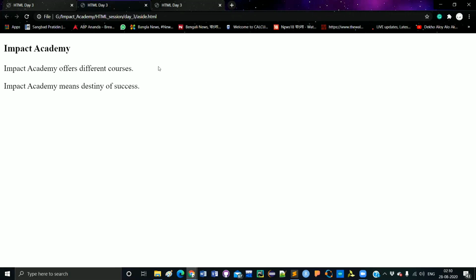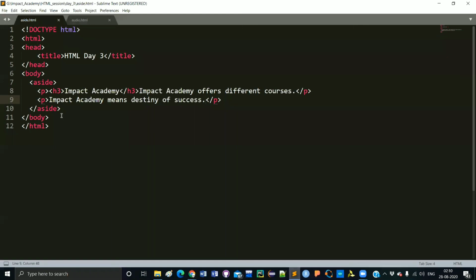Actually for this purpose the aside tag is used, and you can use it anywhere. It gives a better look to your website, your text or your content.